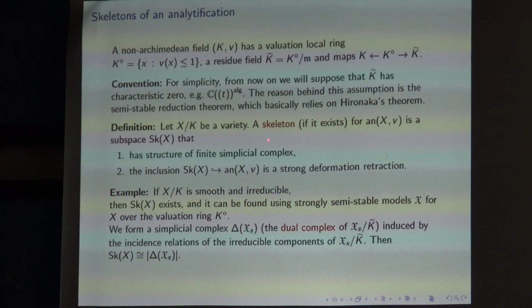So what is a skeleton? A skeleton, if it exists, so this is a big if. I'm not sure if every analytic space has a skeleton, but most of them have one, and the problem is finding it. So what is a skeleton? It is just a subspace that sits inside here, which has the structure of a finite simplicial complex, and such that the inclusion is a strong deformation retraction. So this tells you that all the algebraic topology of your analytification is saved in this guy,